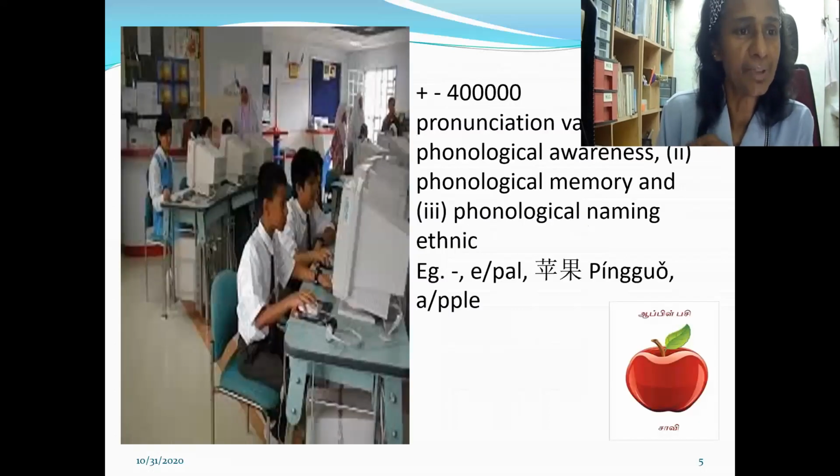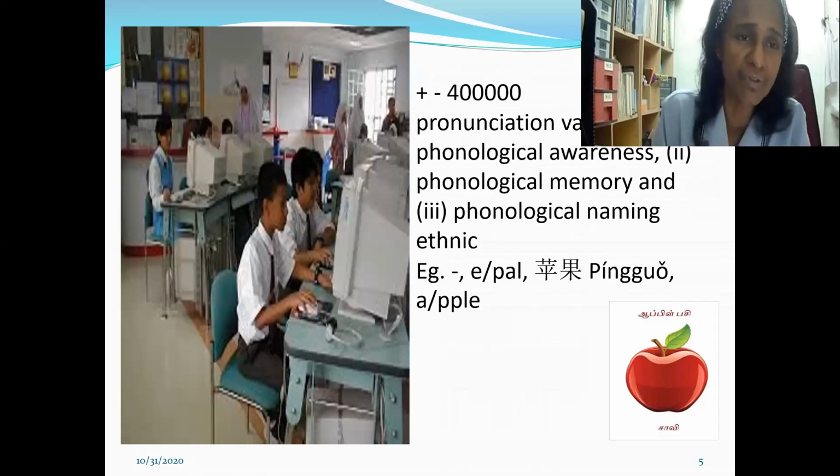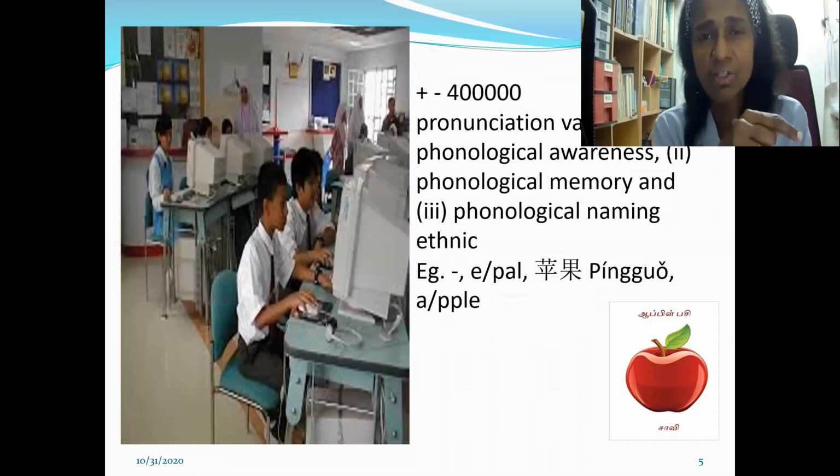Next, please. Okay. In Malaysia, this is a computer lab in one of our schools. And here we have like 400,000 statistics that we got in recent years. It's 400,000 people with dyslexic problems. And in Malaysia, it is mostly to do with pronunciation, variations, awareness, memory. And it also has to do with a blending of ethnicity, because we talk. Earlier when you saw